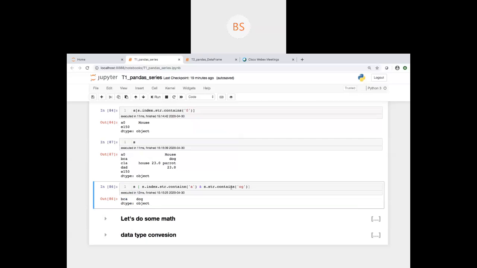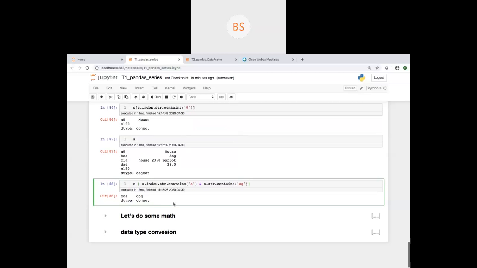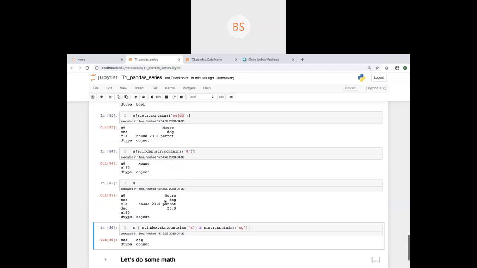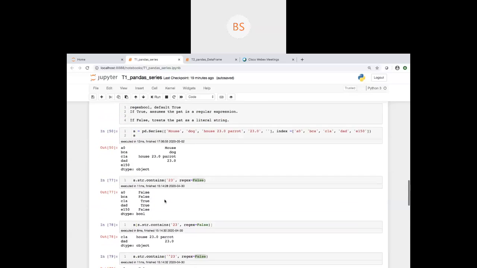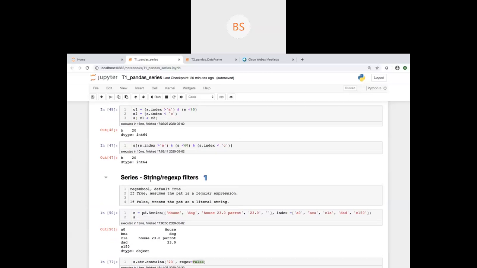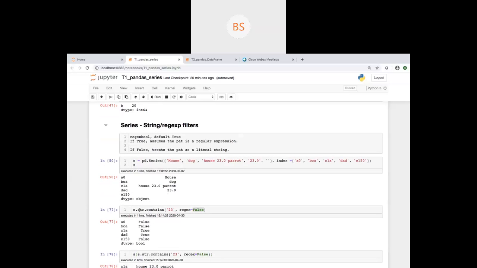You can apply it in day-to-day data science if you have to work on very complex data having these kinds of characters. So that's how you can filter your data using regex and str. Str is a class in series which has the function contains.